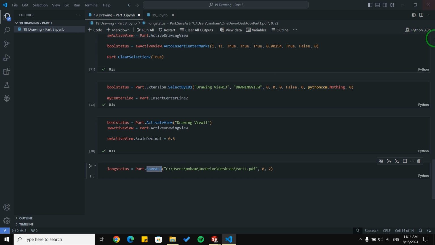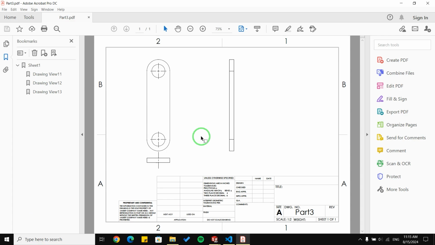We talked about it up here, or you can go and watch this video, and you need to specify the location of the file and the name of the file. I'm going to say part 3, and I'm going to run this block. After around 5 seconds, we have this file now. Let me open it, and you can see the final result for the drawing sheet here.